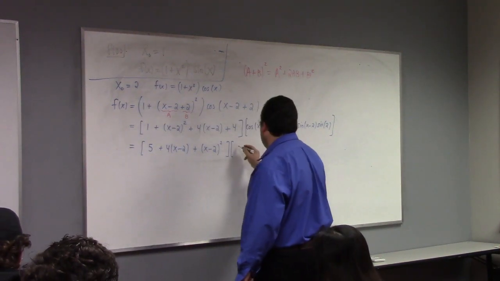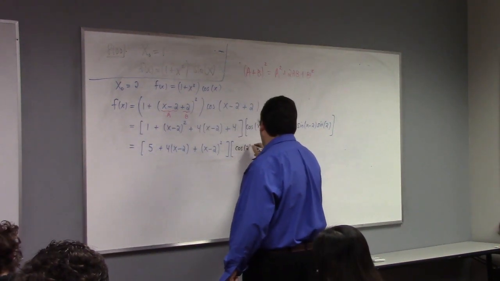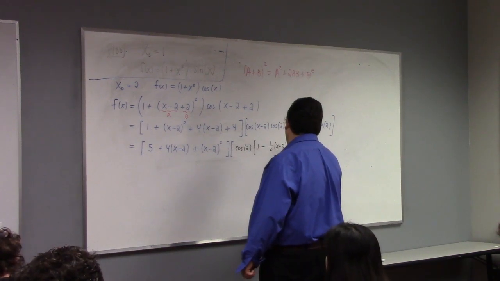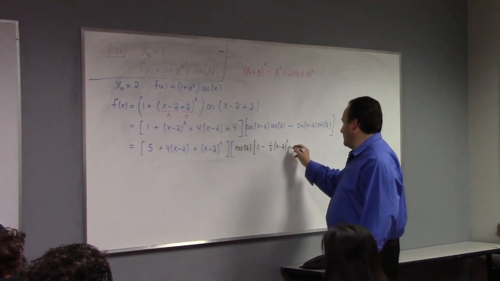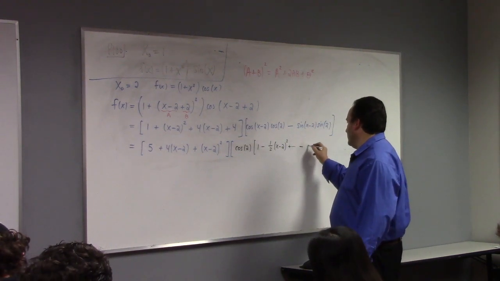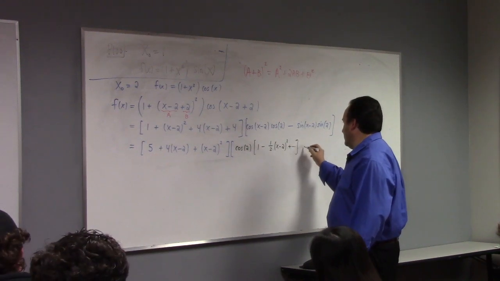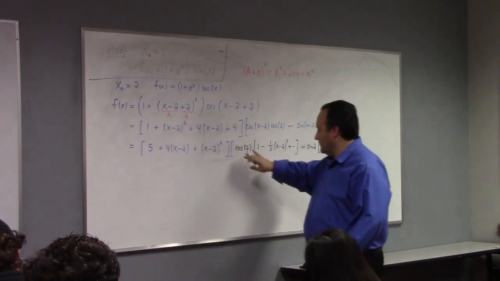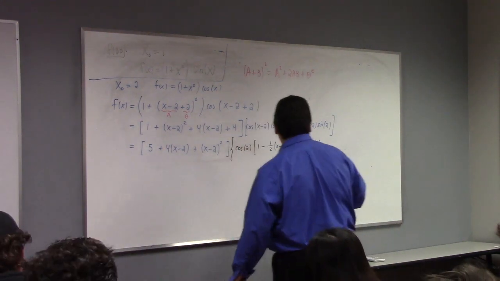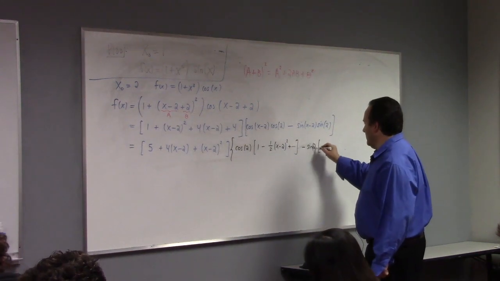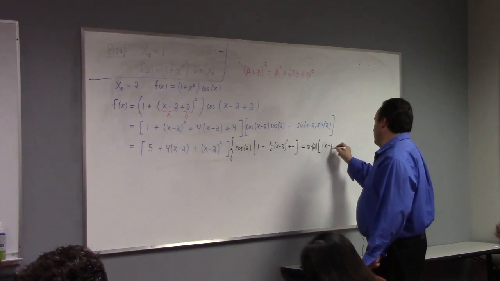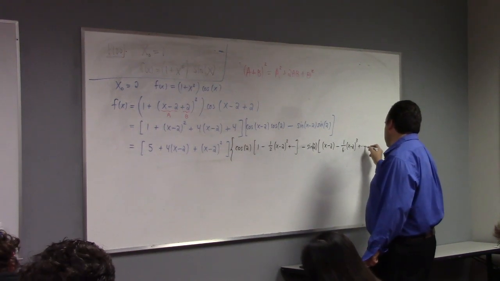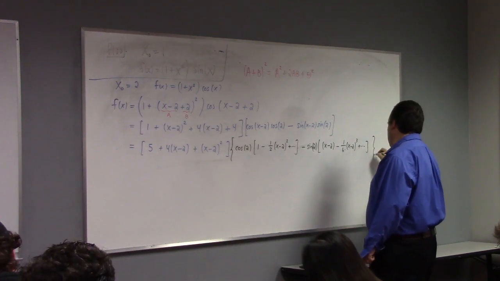I like it. Okay, so cosine of 2, right? And then this gives me 1 minus 1/2 x minus 2 squared, and so forth and so on. And then, let me put a closed big parentheses here, and then minus the sine of 2, open another big parentheses. Let me make this larger parentheses curly so you can see the difference. Sine of 2, and that gives me x minus 2 minus 1/6 x minus 2 cubed plus dot dot dot. And I think that's going to be enough for us.